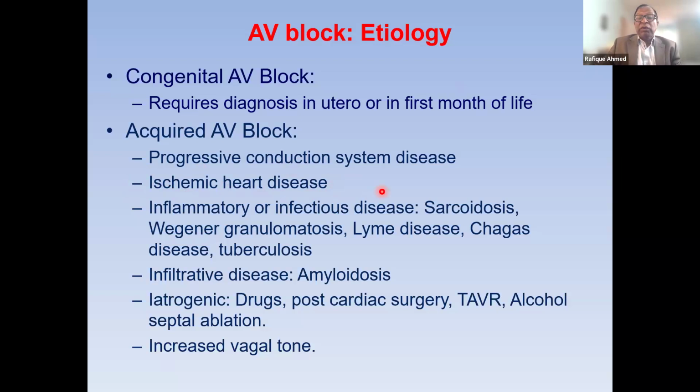So if somebody presents with inferior myocardial infarction, complete heart block, or second degree AV block, when we have done stenting of the vessel, we will wait and see if the conduction comes back. And before the patient goes home, we may want to do a low-level exercise test to see what the conduction is like. And if conduction looks good, the patient goes home. We don't necessarily put a temporary pacemaker in these patients.